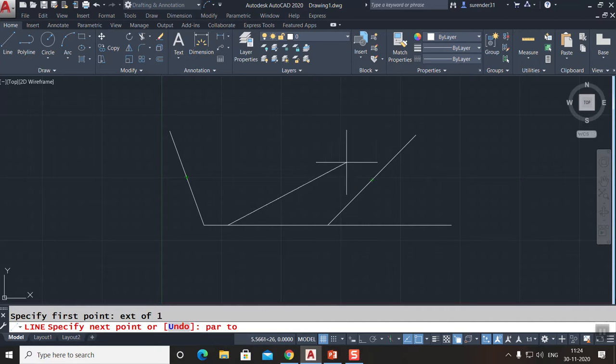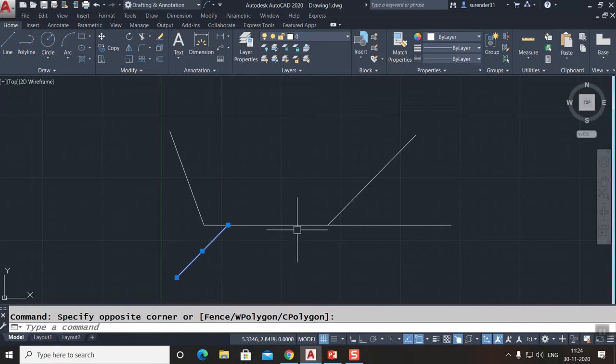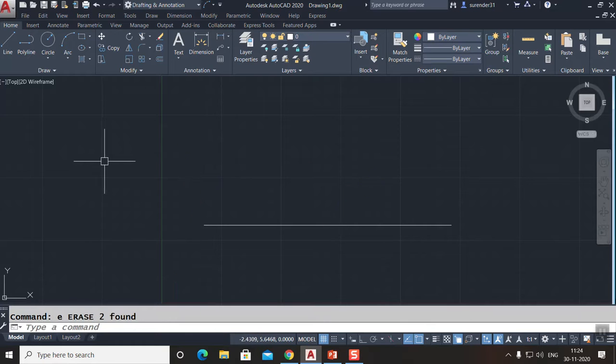Suppose you want parallel to this, it will show parallel to this, and if you want, you can show parallel to this also, like this. If you don't want parallel to this, cancel it again, and it will not show parallel to this, it will show parallel to this. So it can be in any direction. Suppose you want it in this direction, you can type some distance, say I want 3, and you can type the distance like this. Okay, so this is how you can use the parallel OSNAP mode.